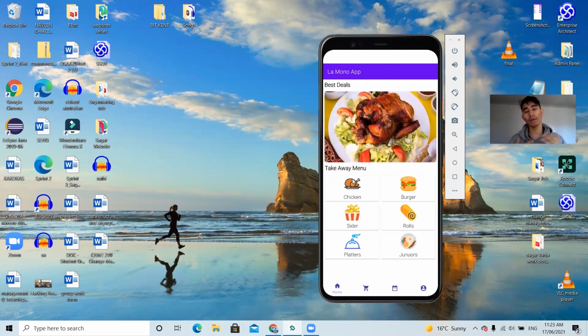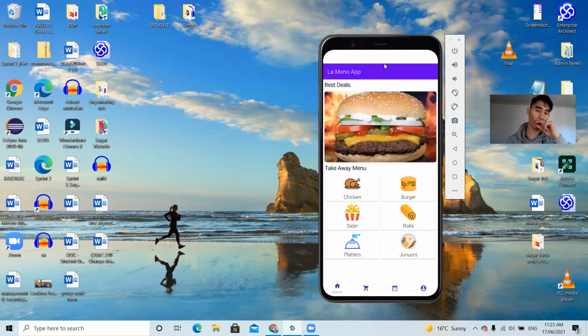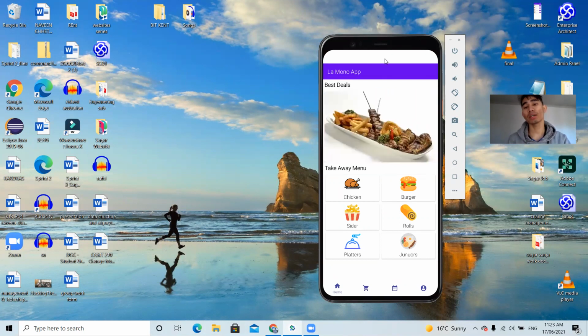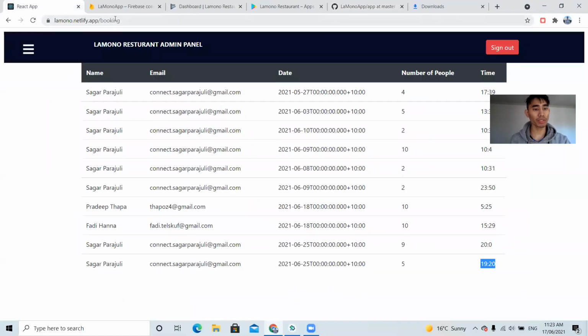Everything you see here is done by myself, which you can view on GitHub, and you can also check the application on our Play Store, and check the admin side by going to